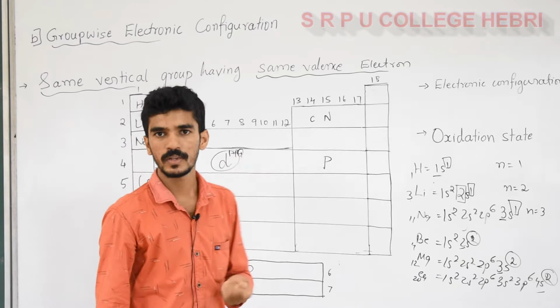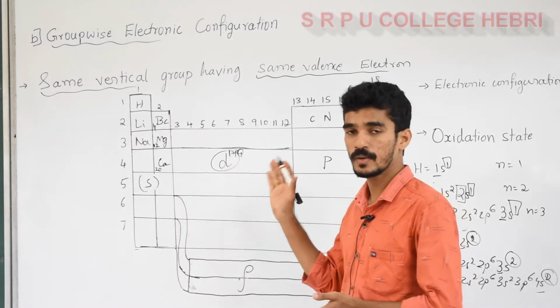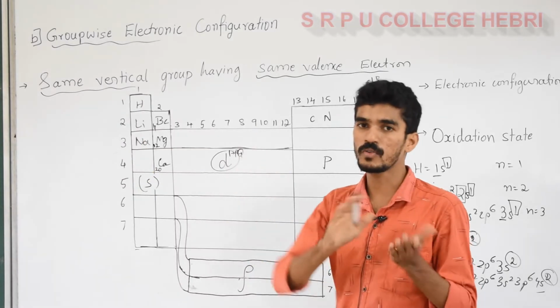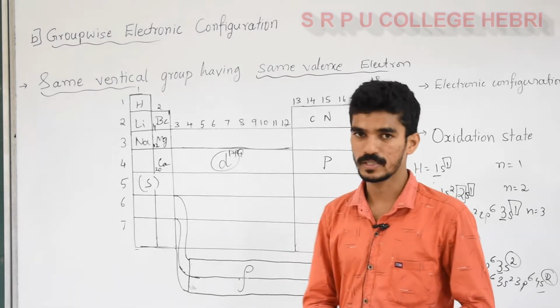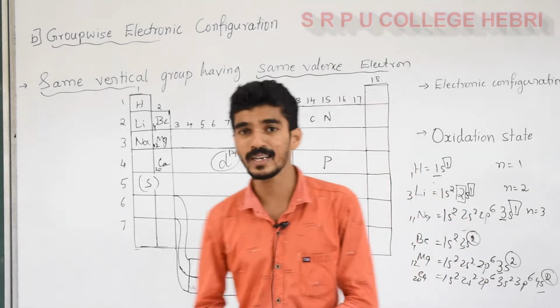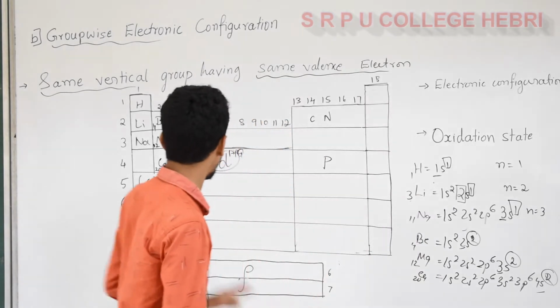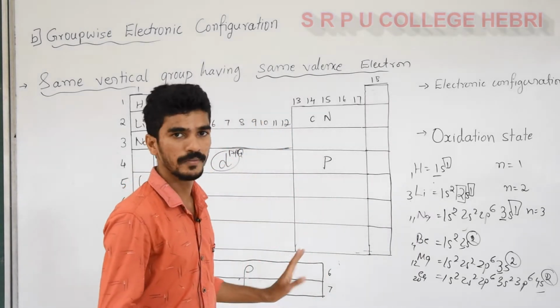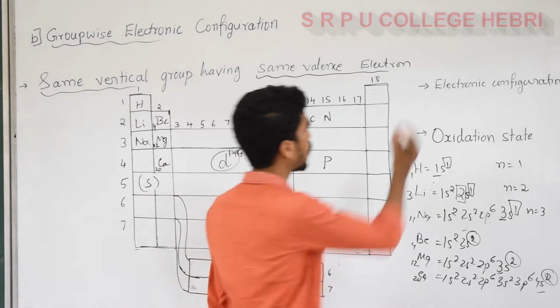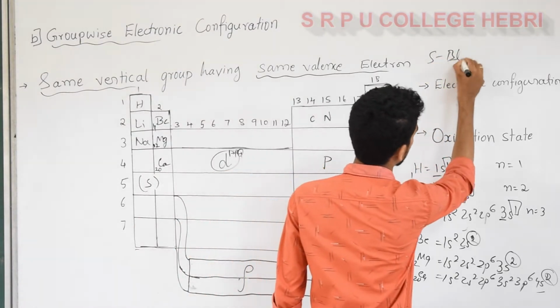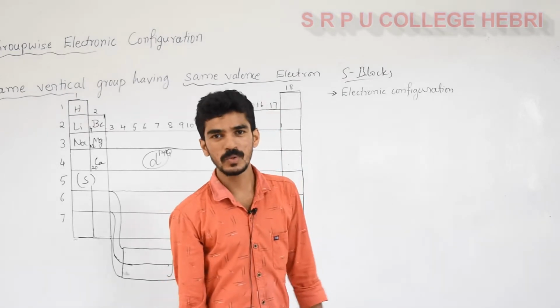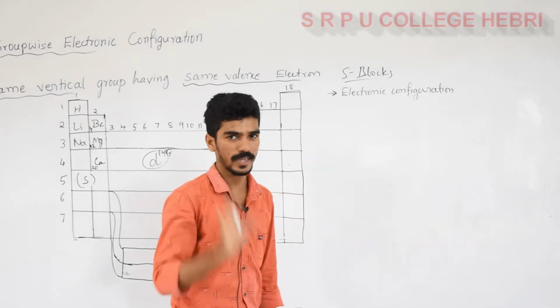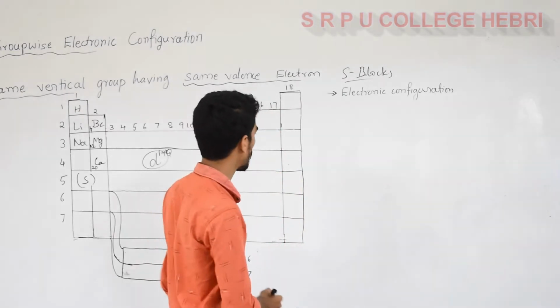They are classified into groups and periods. Group-wise, the outermost valence shell has the same electronic configuration. Now we will discuss in detail the different kinds of orbitals, s, p, d, f. First we will move to the s block elements, which are nothing but elements whose outermost electronic configuration is the same in general. I already gave an example.